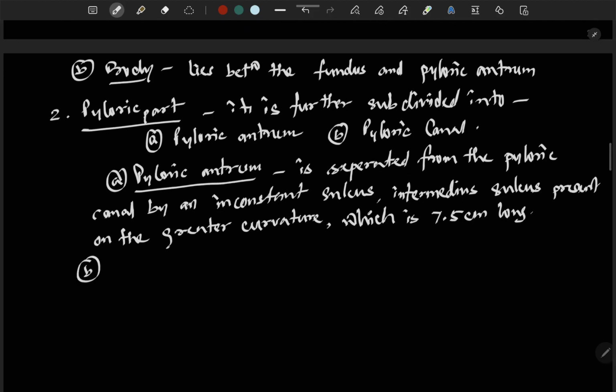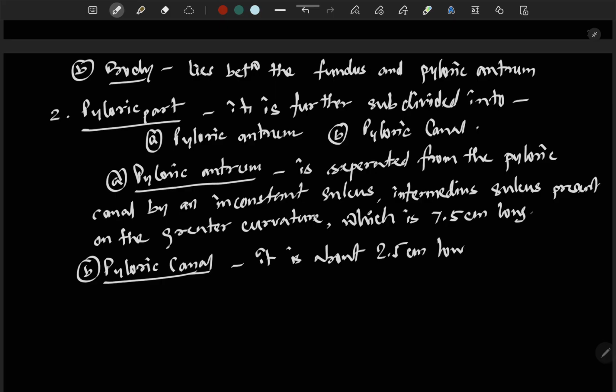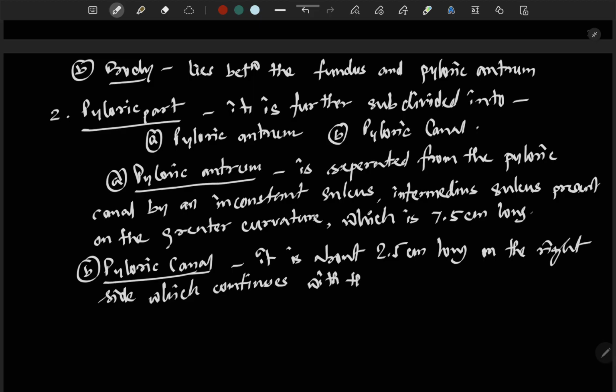Number B is the pyloric canal. It is about 2.5 centimeter long on the right side, which continues with the first part of duodenum